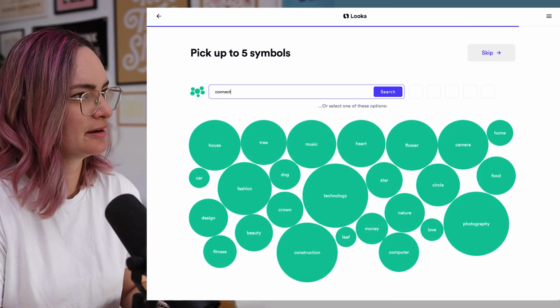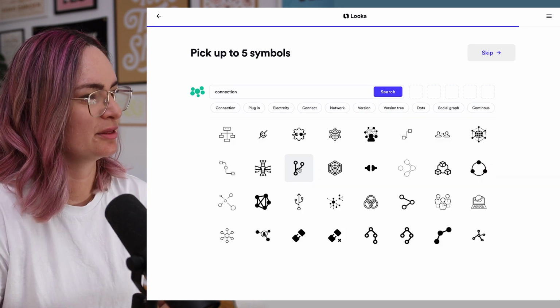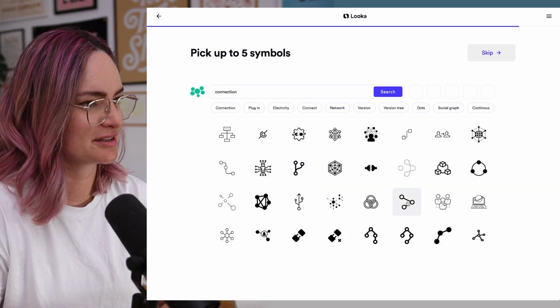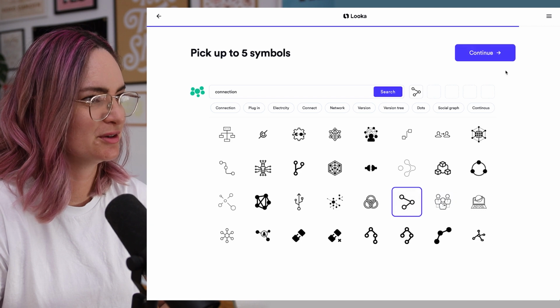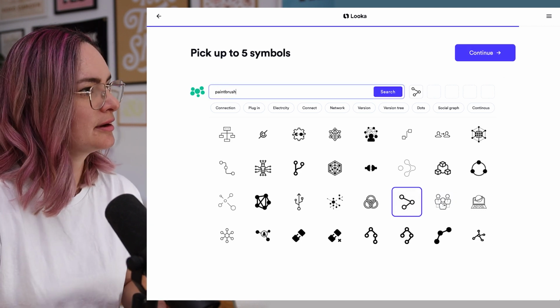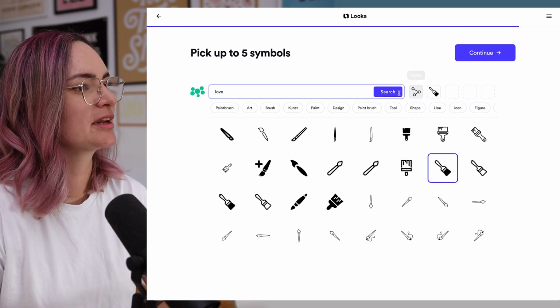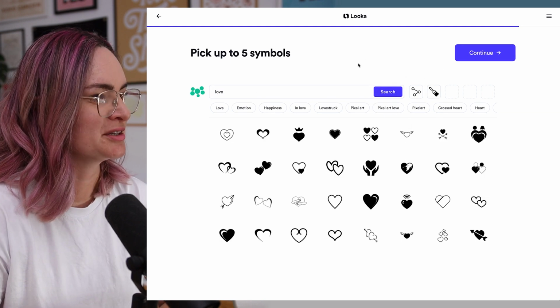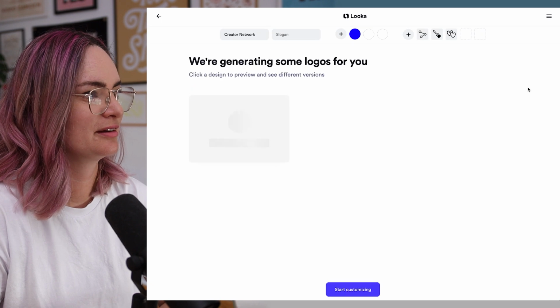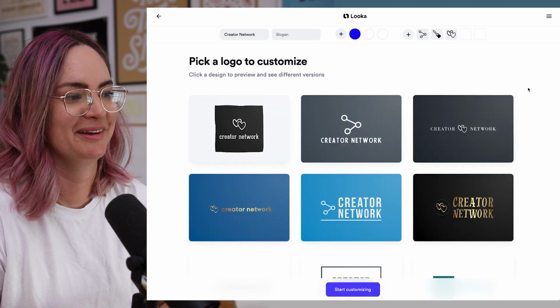I'm gonna click on this type of thing because it's kind of similar to visuals we've been using. I want it to have more of like an arty feel. And let's bring in some good vibes too. Okay,